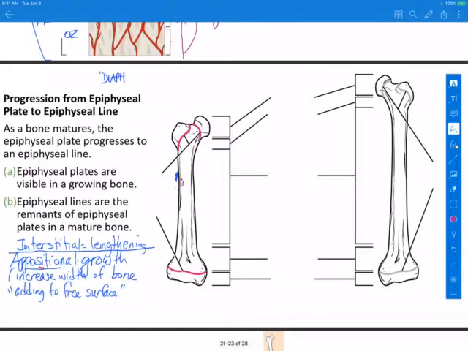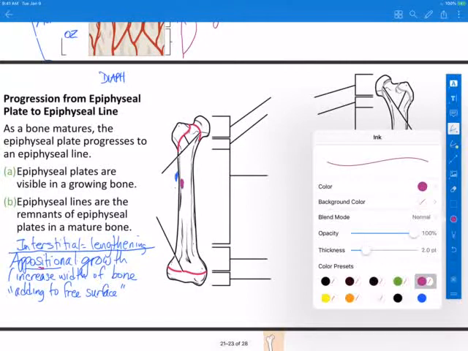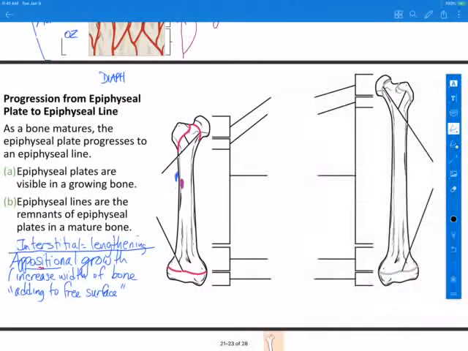So we can add bone here at the free surface, and we can add bone here at the free surface, and it widens the bone. Okay, so the growth in diameter of a bone occurs during lengthening and after lengthening, even when your bones stop